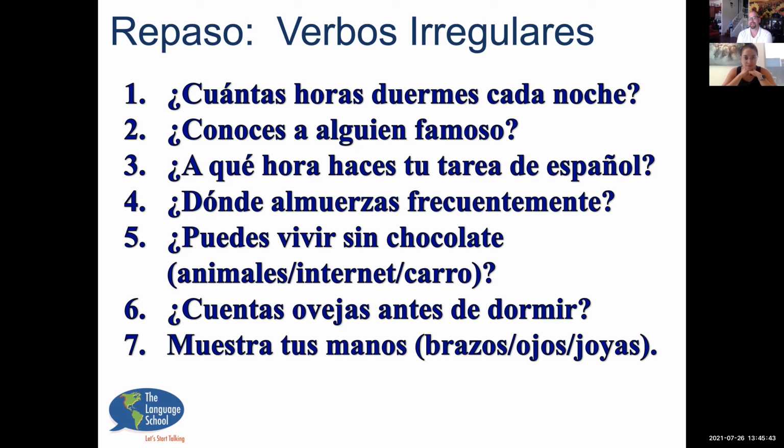Muestra tus manos. What does this mean? Show me your hands. Muestro mis manos. Muestra tus brazos. Mis brazos. Tus ojos. Y tus joyas. What is joyas? Jewelry. Joyas. Muy bien, Tiffany. Bien, vamos a